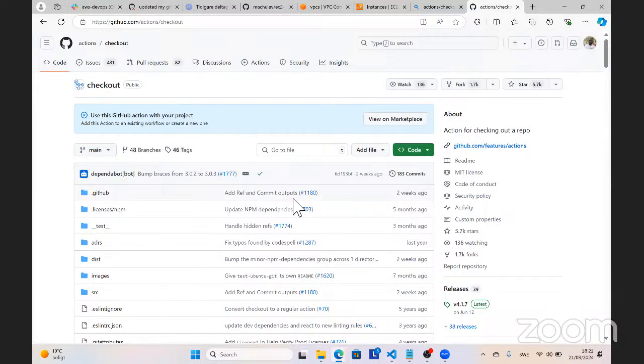Right. So you can see here, this is the checkout action. And right now they are on version 4.17. So you have to use that. So that's part of the